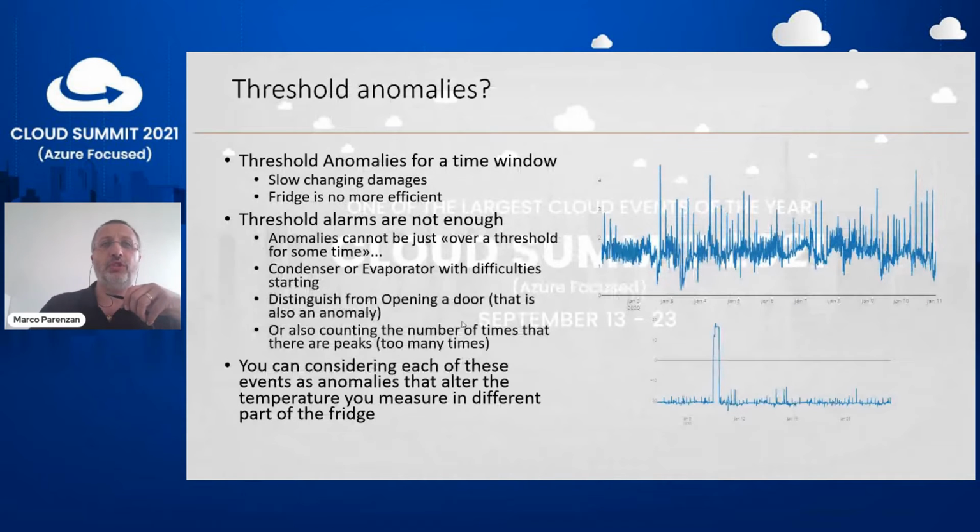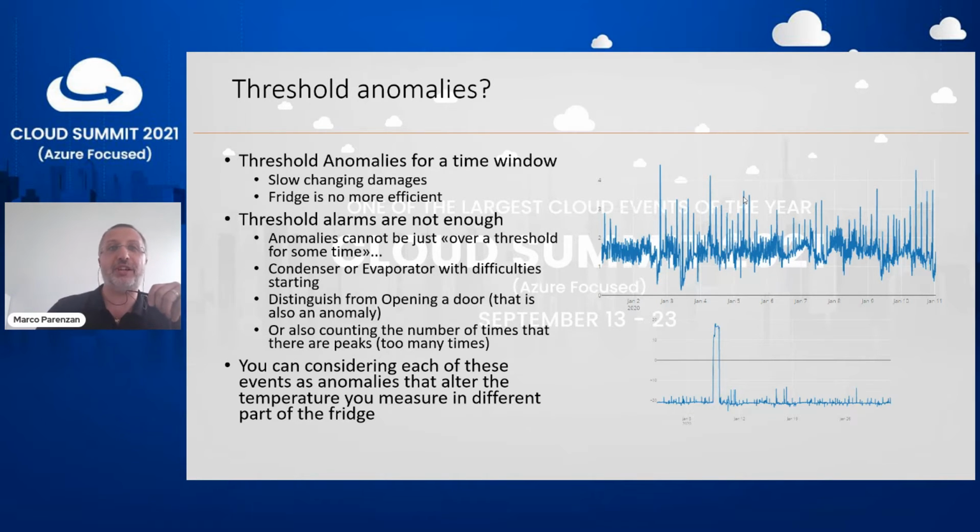Why do we have to use data science? Because threshold anomalies mean using a level, upper or under that level, to distinguish. For example, this second graph. It's not always this way, because if you look at the first graph, you see that the thresholds are continuously different, but we can say the percentage, the ratio between the normal and the outlier that becomes the anomaly.